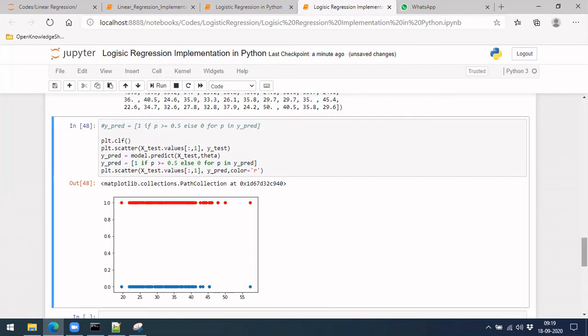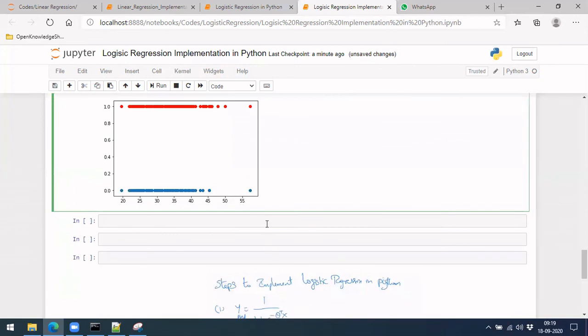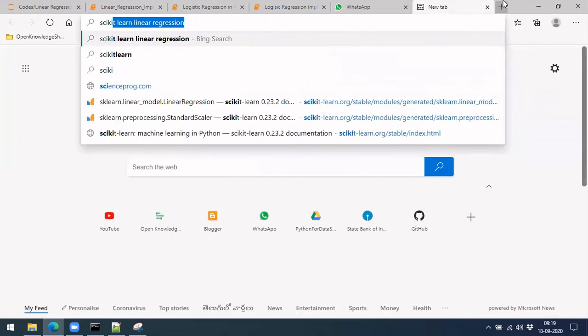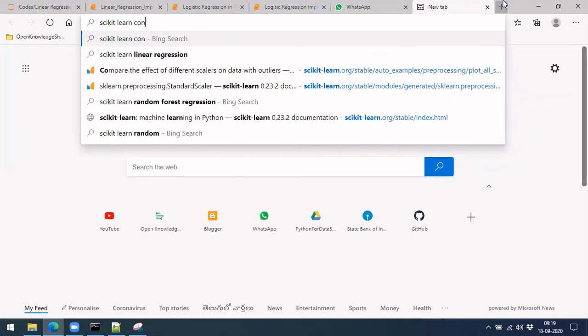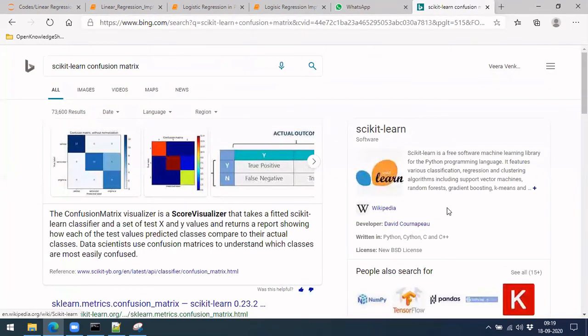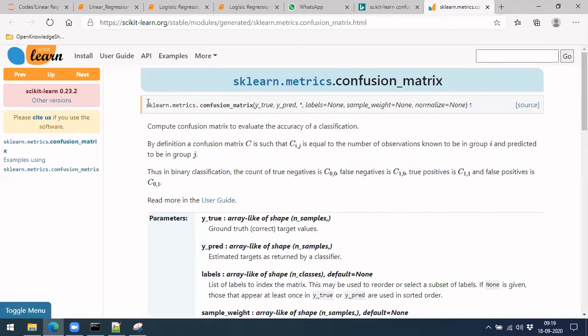So how can we find what actually it has predicted? Here it is not very clear for analyzing things. There is an implementation for this in scikit-learn, so let's take it directly. Confusion matrix, the same metrics we were talking about, are actually implemented directly here. We can make use of those, or it is possible for us to implement it ourselves, but as of now, for simplicity, let's use it from here.